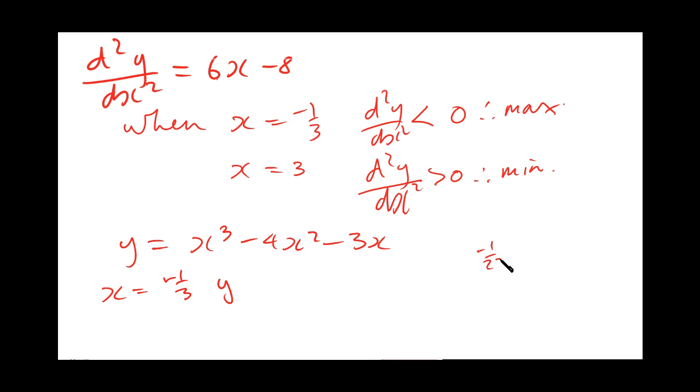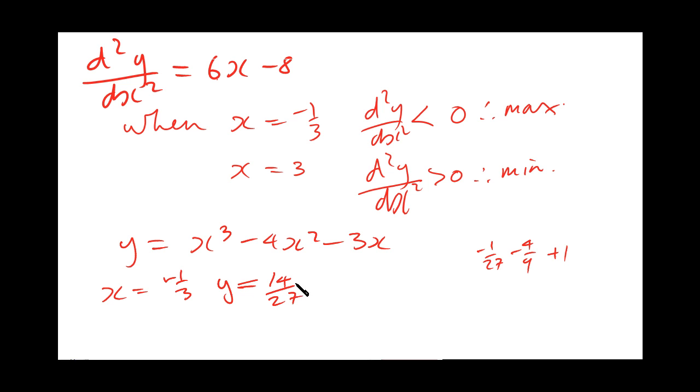Let's just do some working down here. Minus 4x squared is going to be minus 4/9. Minus 3x is going to leave us plus 1. So this is minus 1/27, and with minus 4/9 that's going to be 13/27 away from 1. So 13 of 27 is 14/27. So y will equal